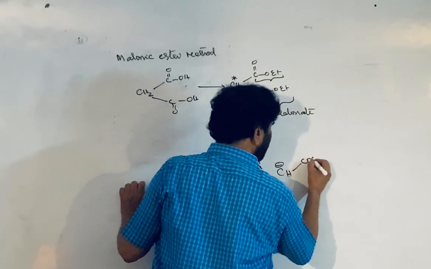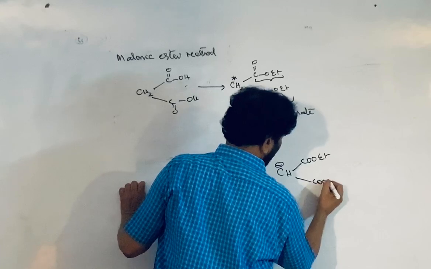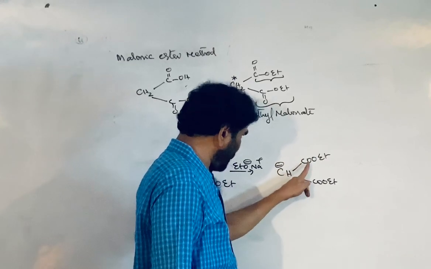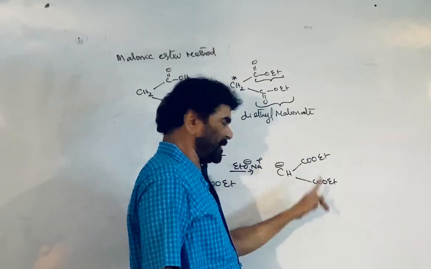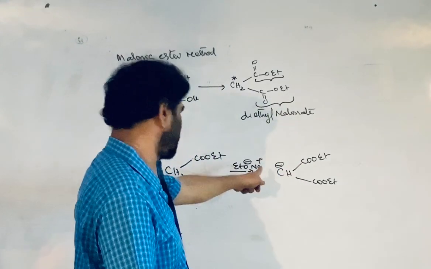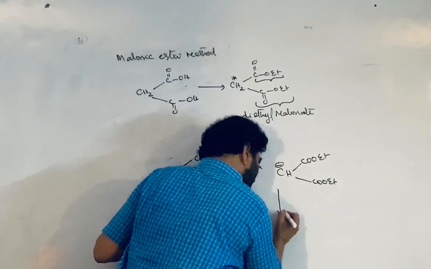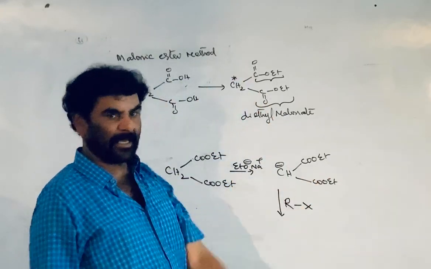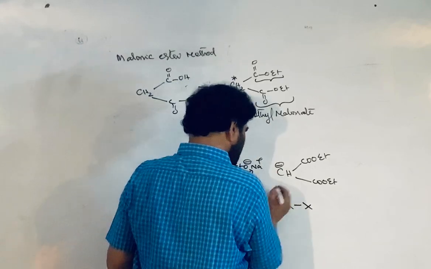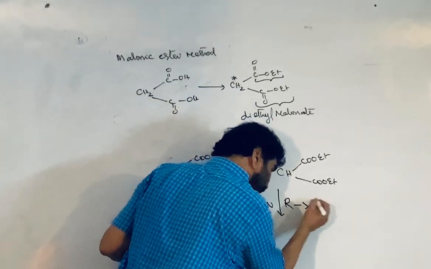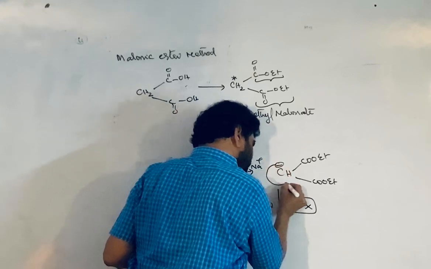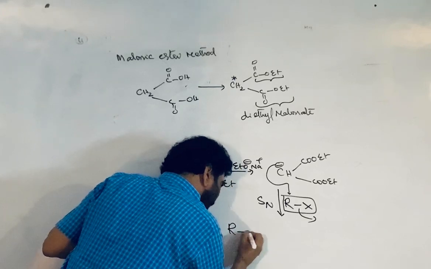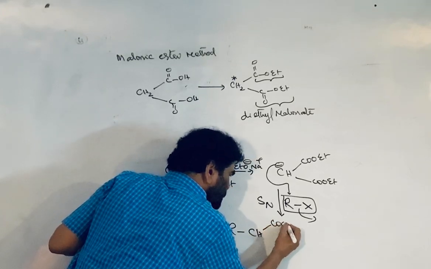So here what happens? A carbanion is generated on the methylene group. It is stabilized by the two minus M groups. This sodium salt is stable. Now what we are doing is treating it with an alkyl halide, the malonic ester method for preparation of carboxylic acids. This is an SN reaction on the alkyl halide, with the carbanion as the nucleophile attacking. Ultimately, R is introduced on the carbon bearing COOEt.